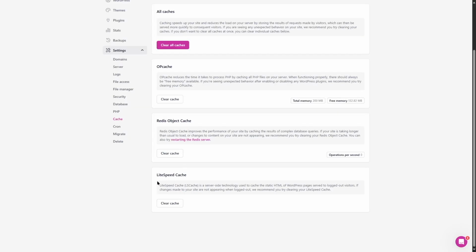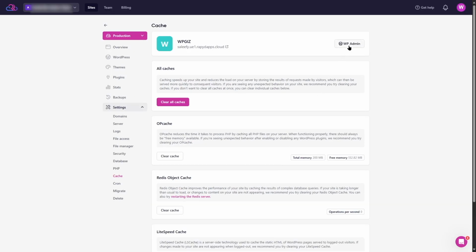And if you're not seeing the changes on your website after logging out, you can clear out the Lightspeed cache. Now, these are the server-side tools that improve your site performance. Now, let's take a look at the WP admin side tools. For this, we're going to click on this button and it will automatically log us into our WP admin